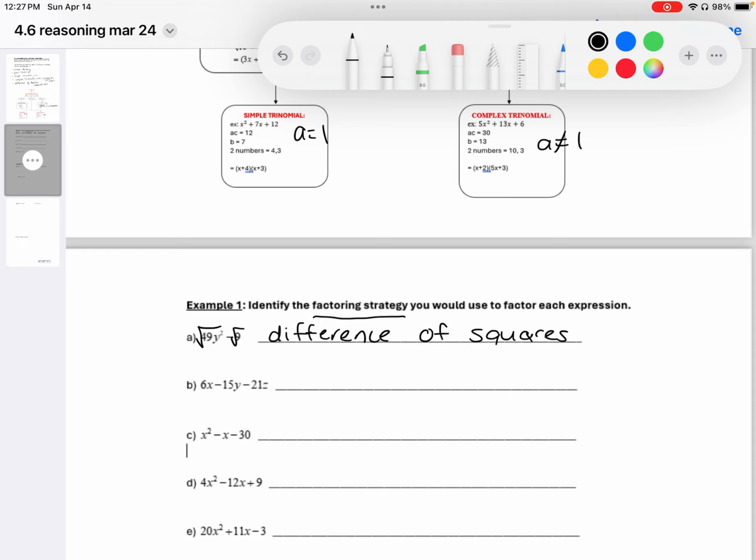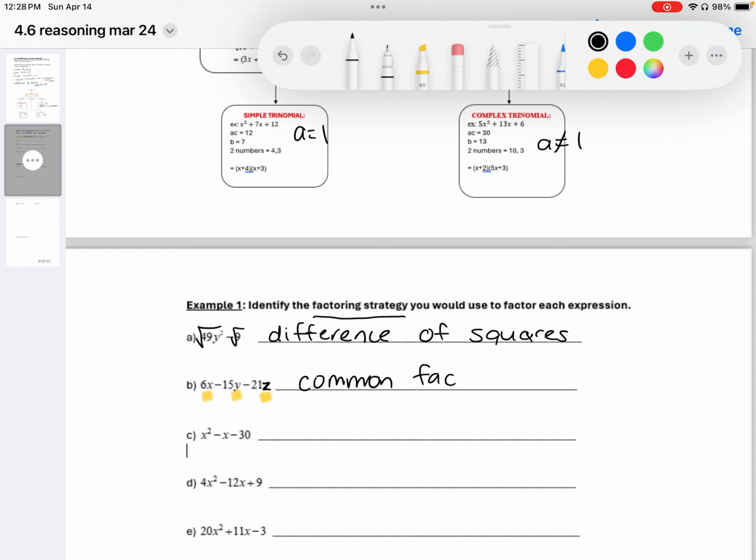Then in the second example, we have 6x minus 15y minus 21z, sorry. And when you take a look at this, it almost looks like C, D, and E, except we have different letters, x, y, and z. So what that means is this is likely going to be a common factor question